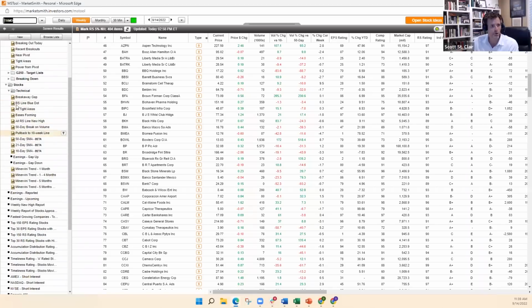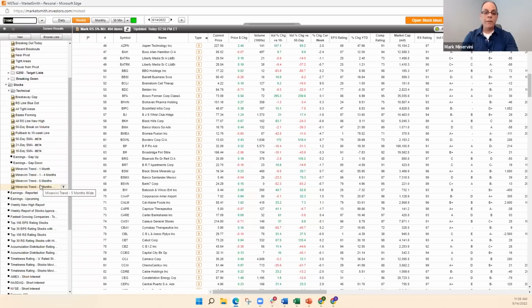So in the bottom left corner below, like the RS line blue dot and RS line new high, you'll see the trend templates, which we named after Mark. Minervini trend, 1 month, 1 to 4 months, 5 months, 5 months wide. You can't see it due to real estate, but there we go, 5 months wide. So if you could give us a little feedback on why 1 month, why 5 months, and are there any that are preferable for you? So the majority are going to be on the standard 5 month,